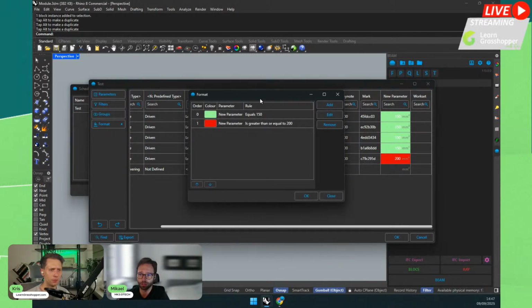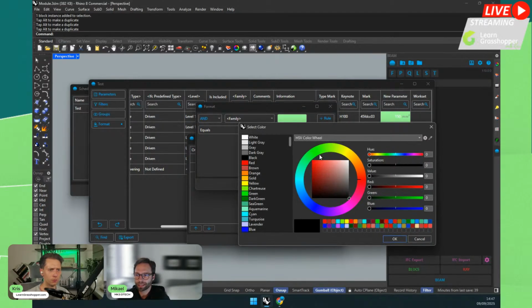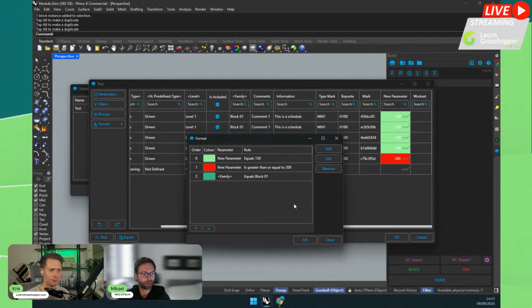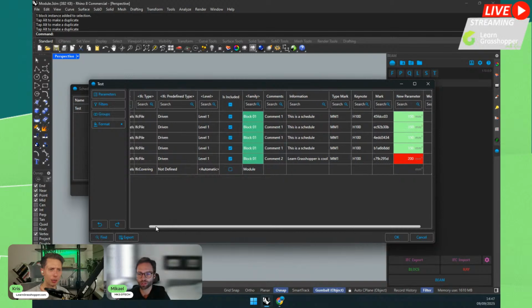For example, I can also say maybe my family is block. So once you assign these parameters, and this is very powerful if you're working with Grasshopper, because you can really add a lot of data to your file, but then quickly you can visualize your Grasshopper added data with the scheduling, and you will get all the conditional formatting, and you can even export into Excel all your data. So you can actually great work.